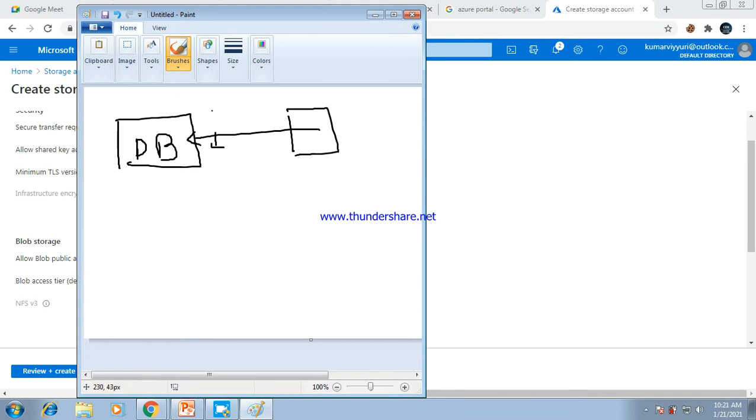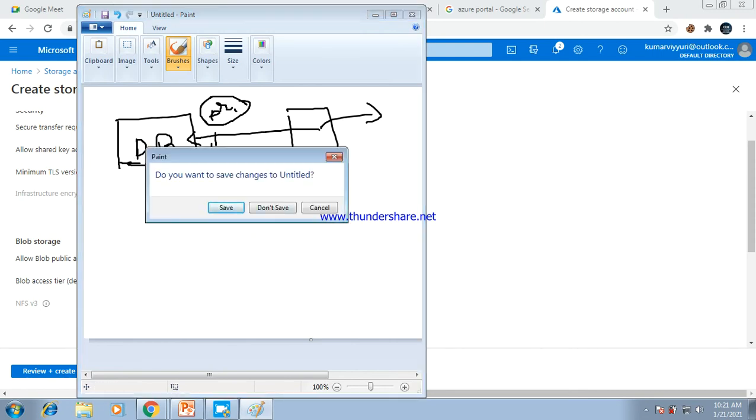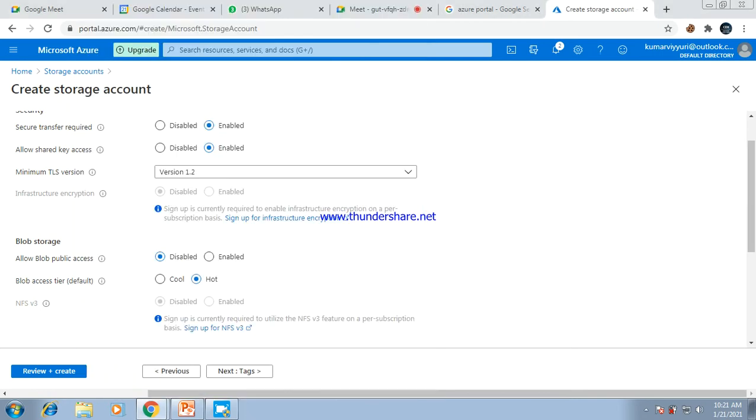This is a private server, so we cannot access it directly. If you go through the public one, then only you can access the private database. Same thing, most companies will not give public access. So I will only give the restrictions here. In most scenarios we cannot disable it.